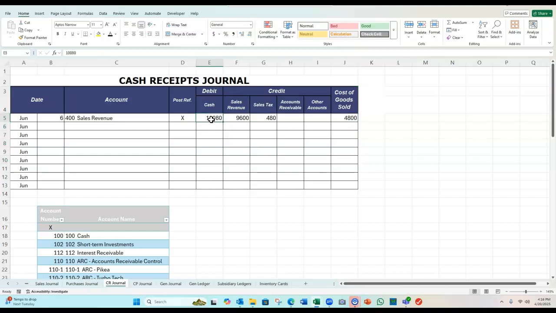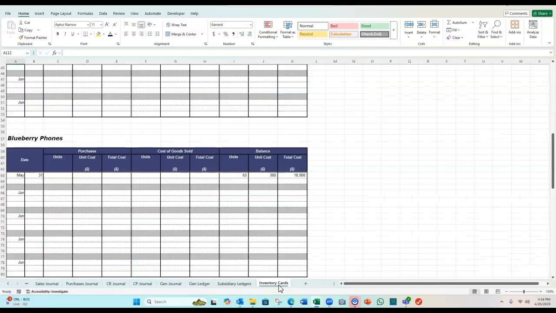Now we don't have to post anything. We don't have to post cash. We don't have to post sales revenue. We don't have to post sales tax payable. We don't have to post cost of goods sold. We don't have to post to the general ledger for inventory, but we do have to post to the inventory card. So we're going to go to the Blueberry phones, and we're going to say on the 6th of June, we sold, and this unit cost of goods sold is in this area, the 3 columns in the middle. We're going to sell 16 Blueberry phones,